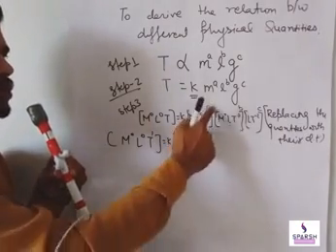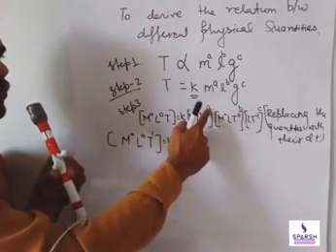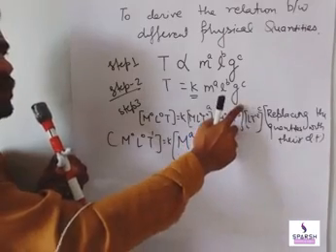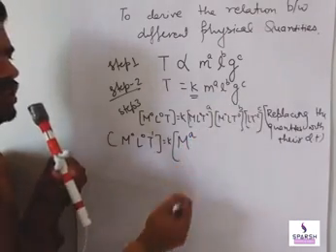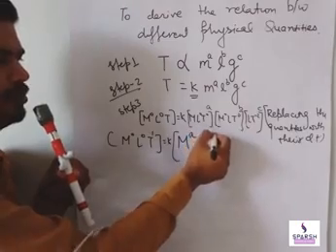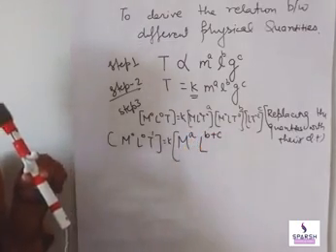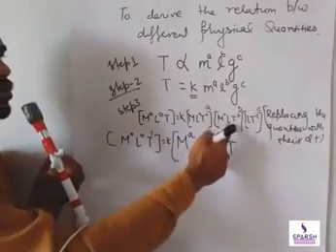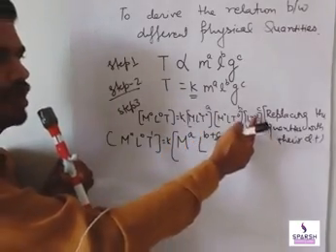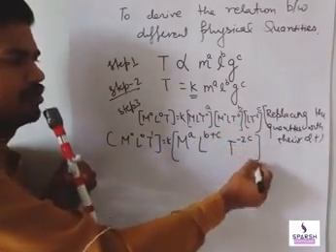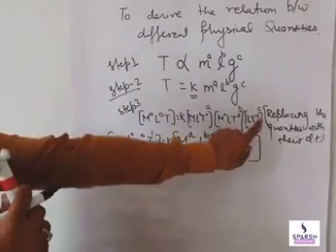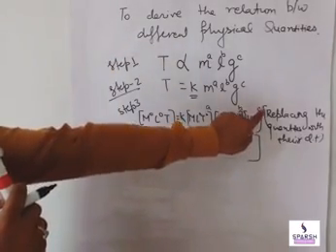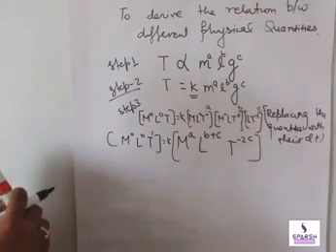Again, L to the power 0 for mass, L to the power b for length and L to the power c for acceleration due to gravity. So in total it becomes L to the power b plus c. And for time, T to the power 0, T to the power 0, and here it becomes T to the power minus 2c, because in g we have L T to the power minus 2, and the whole to the power c.